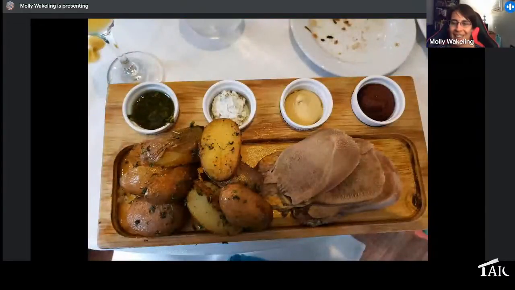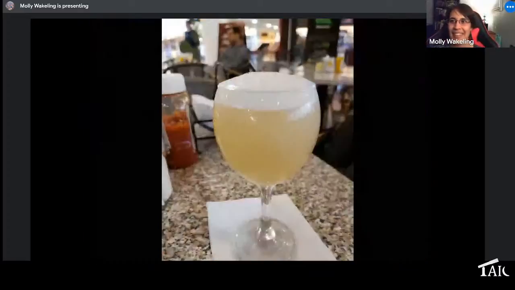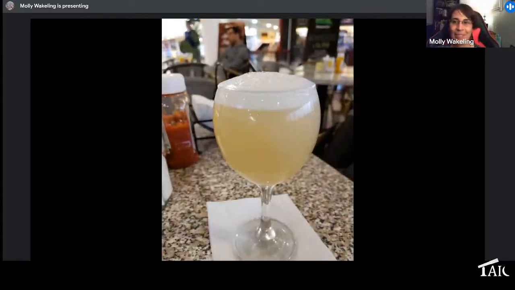Also tried some South American classics like lengua, or cow's tongue, which I've had before, but never quite in such a style where it still has taste buds on it. So the texture did throw me off a little bit, but it's an experience you've got to have, right? And then of course, lots and lots of